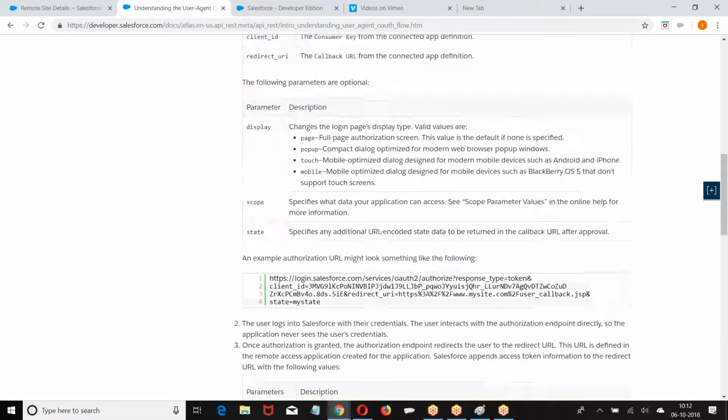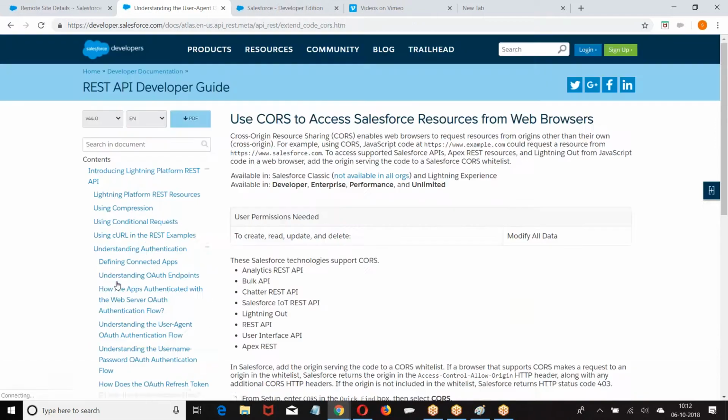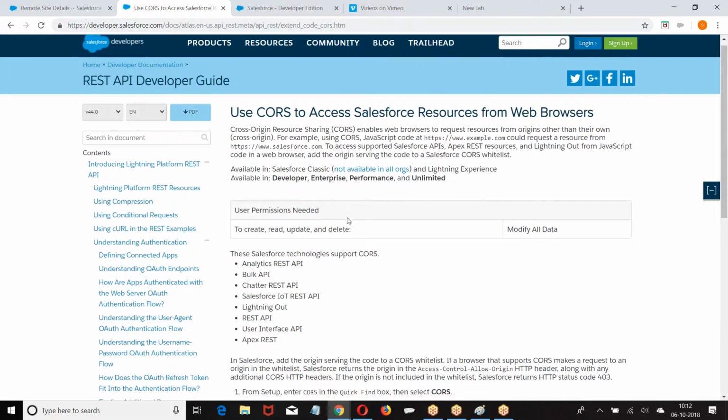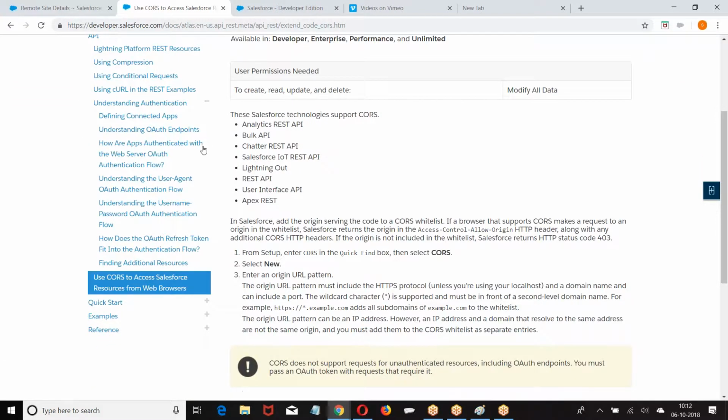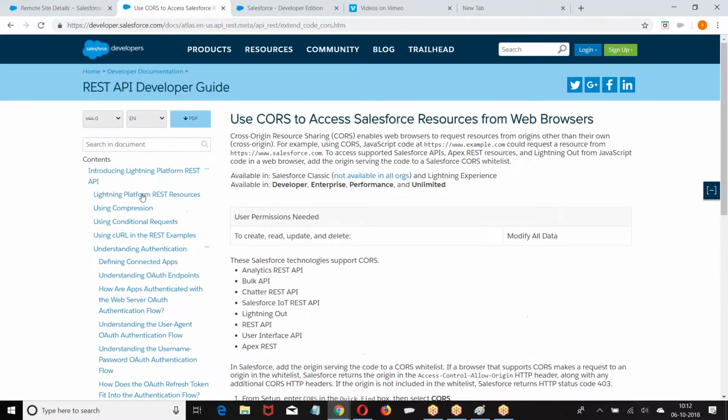There is one more format of authorization which is called client credentials. What are the client credentials? Here we are going to give client ID and client secret. I will not take any username, password. Only with the client ID and client secret I will be able to manage.